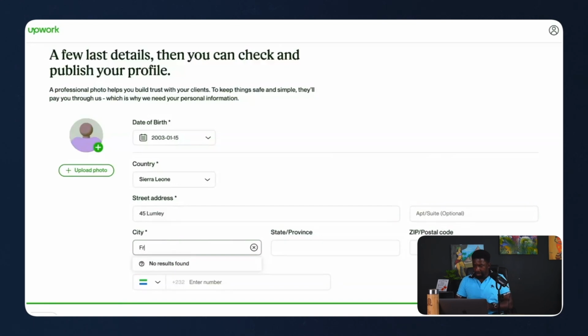All right, this is optional, you don't need to put that. This is Freetown, Sierra Leone. Yeah, postal code. All right, I can put your phone number. All right, let me put